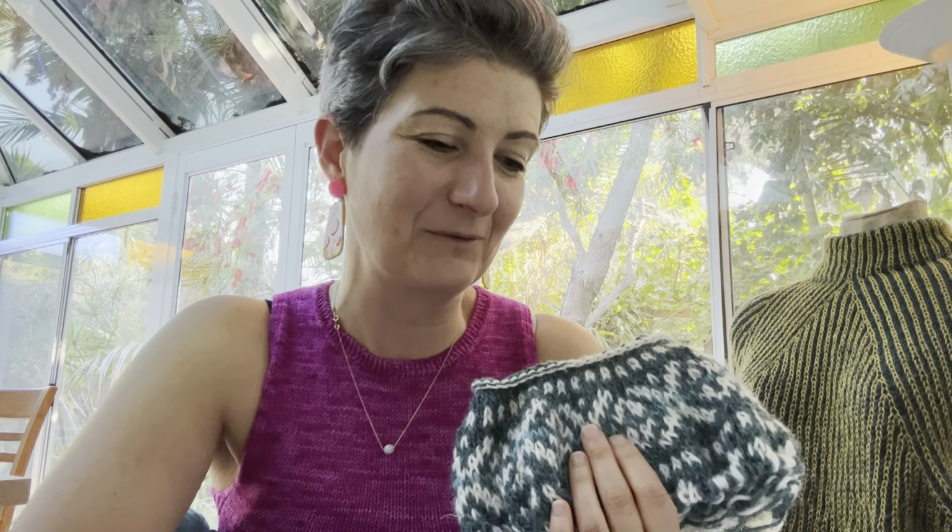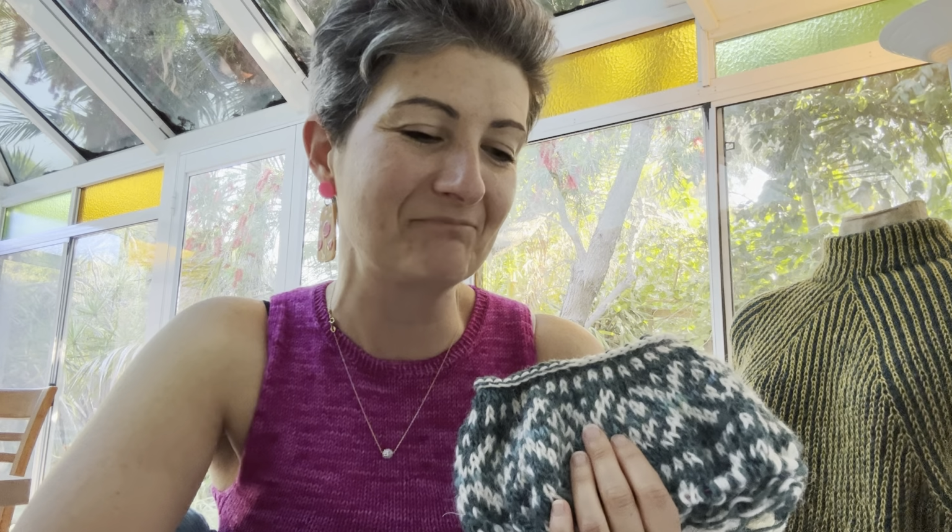the name of this jumper has sent me and my friend Susan, that I mentioned before, on a little bit of a guessing game, because we were wondering what the meaning of this name is. I asked her because she is Finnish and I thought she may know, but actually we ended up asking Susanna, and we discovered that this is a word, Anaras sweater, that is a word from